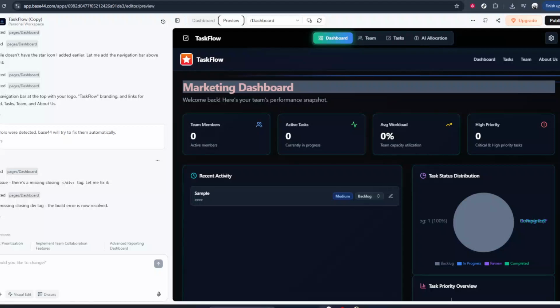In today's video, I'm going to teach you how to change ownership in Base44. Transferring ownership is an important task, especially when someone new is taking over responsibility for a workspace or project. In this walkthrough, I'll guide you through each click so you know exactly what to do and what to expect